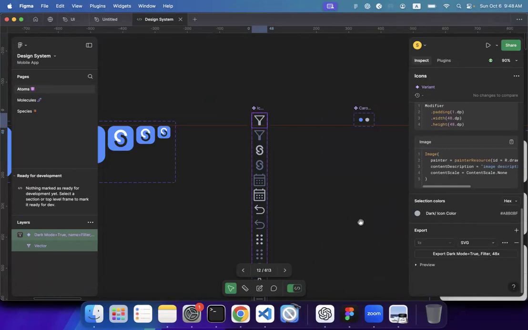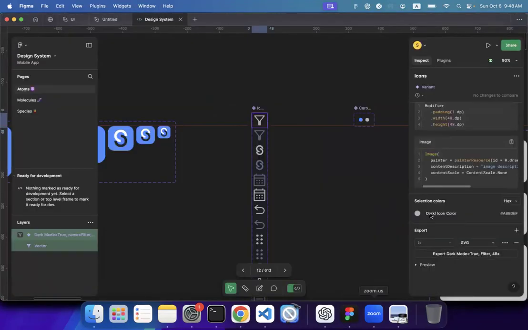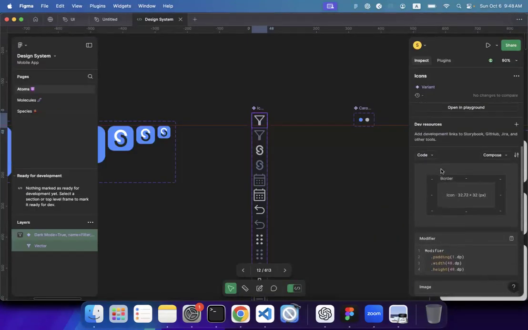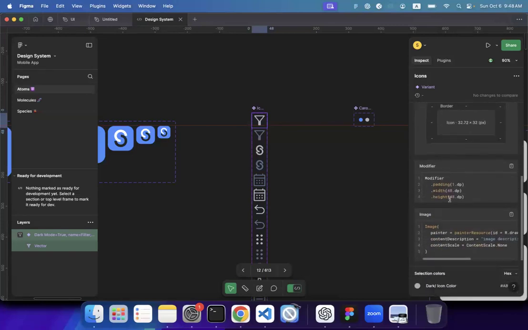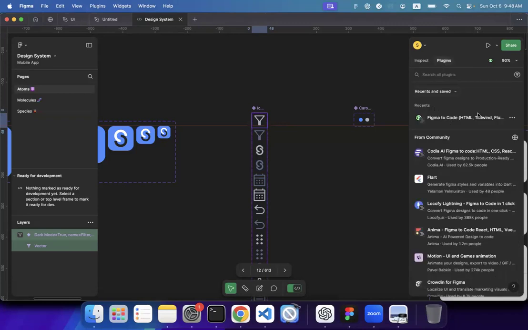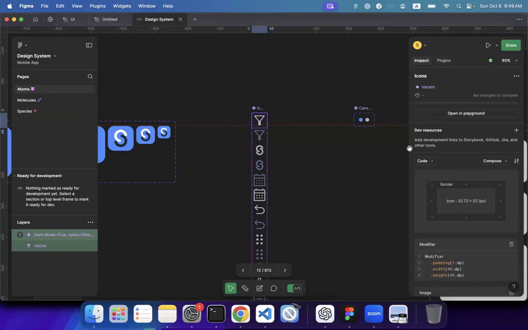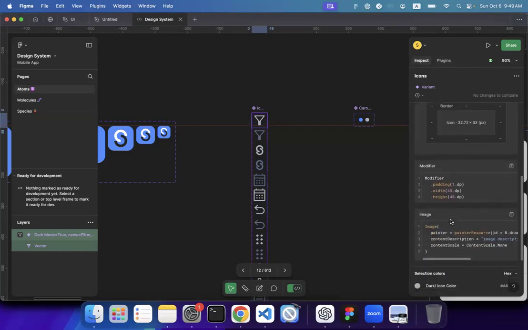So it will give them the SVG code. The next one is CSS and HTML also. They can get it from here. So this is the HTML code and the CSS code. And even if you install a plugin for React.js or whatever, you can export HTML, React code, or even Angular code. Whatever the framework that you have selected, you can export it from here itself